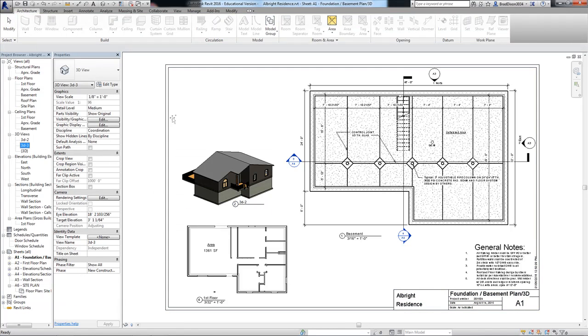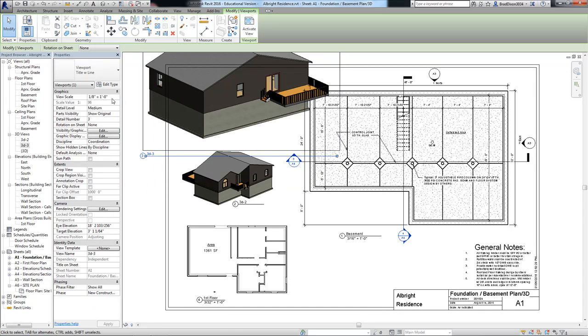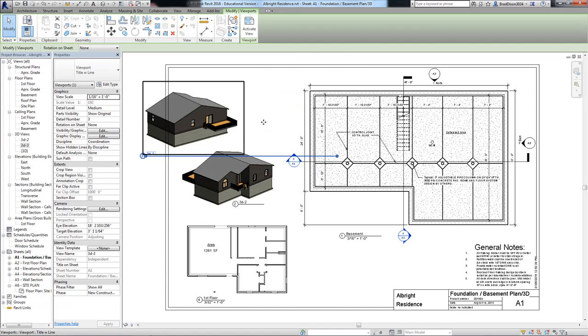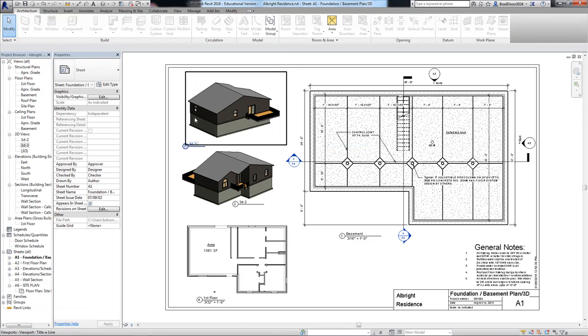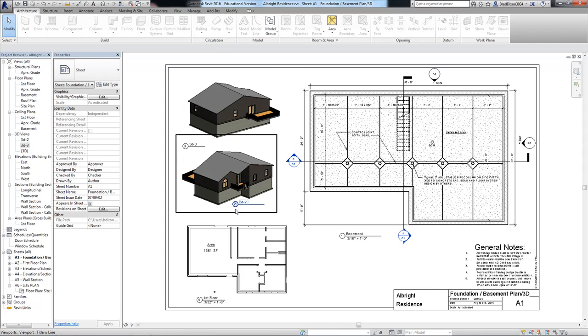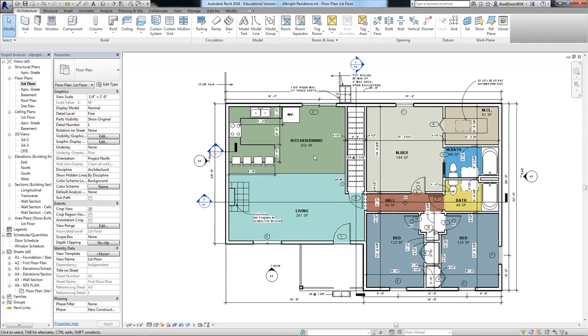And then I'm going to bring in 3D3 as well, change it to the same scale. And there, within a few minutes, I have 2 completely different looks, 3D looks at the outside of the building. You could actually do the same thing with the inside of the building simply by going to a floor plan view,